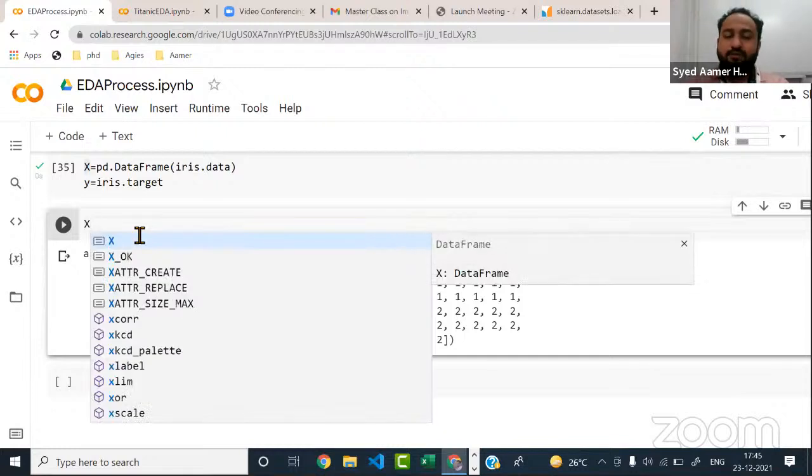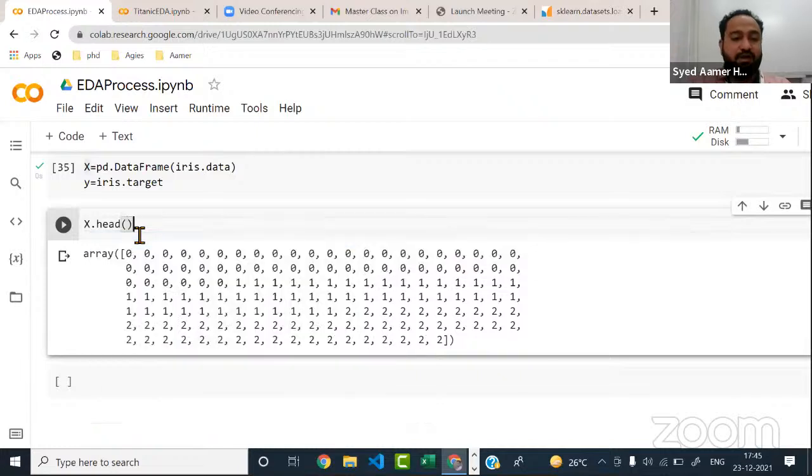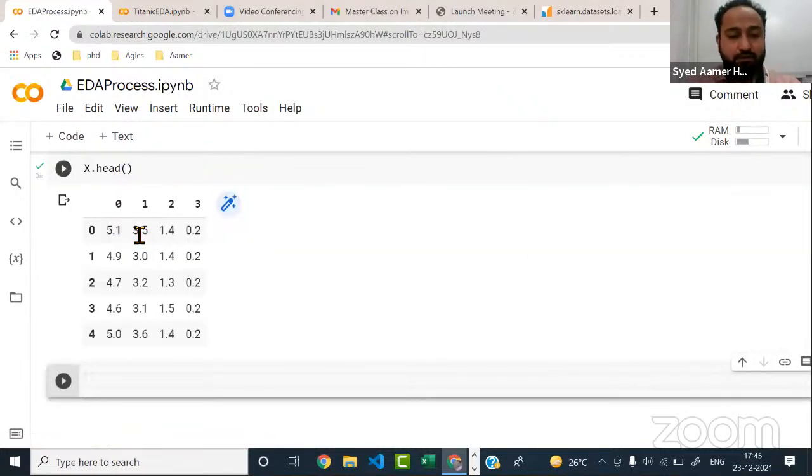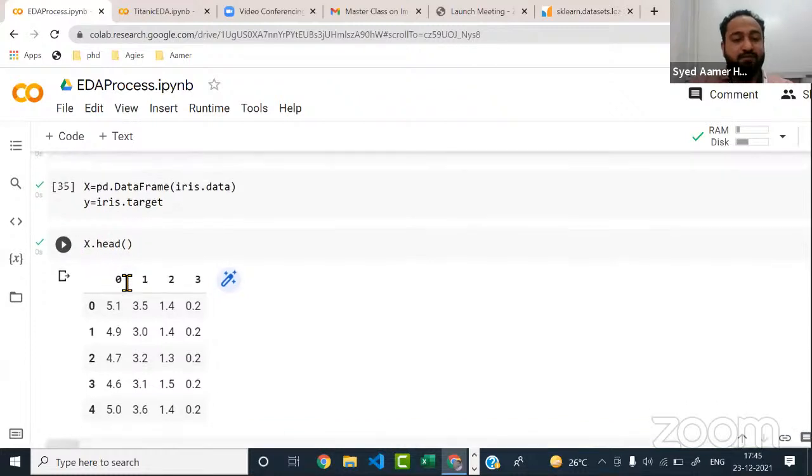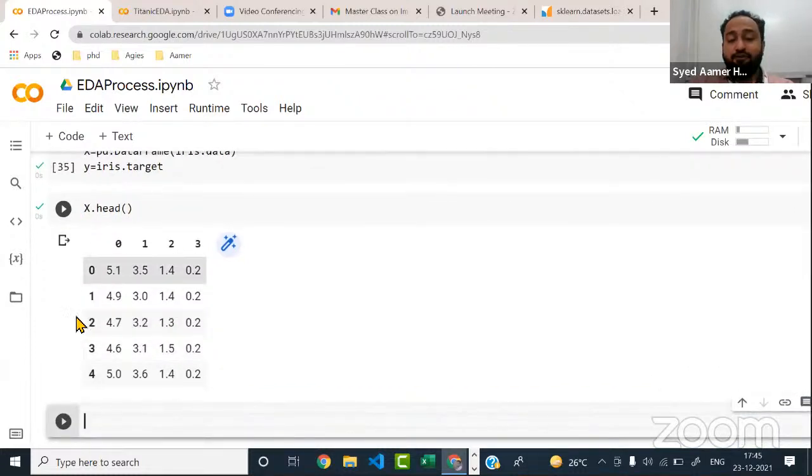Now, guys, I'm going with the pandas library. In pandas, there are a lot of functions and methods available. I'm exploring them one by one. There is something called head that you will use quite often as soon as you import your data set. Head will give you the first 5 rows from your data set. That is enough for us to understand what type of data I have in my data set. As far as this data set is concerned, just to make you understand, guys, I'm going with a simple data set, and I'll explain the whole thing with another data set as well.